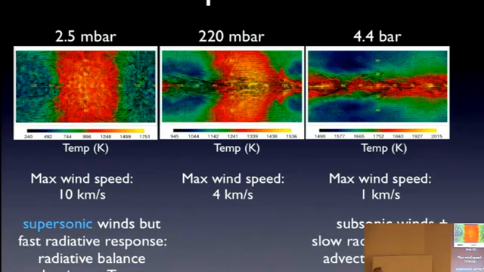And you might see this, I don't know if it's very clear, but basically there are a lot of arrows here that point in this direction, which is eastward. So around the equator, you have a coherent flow going in a positive eastward direction. And that's the super rotation I was mentioning before. So you modify the temperature pattern a little bit by advecting it away from the substellar point. And then when you go further down in the atmosphere, the winds are much weaker, and you get a